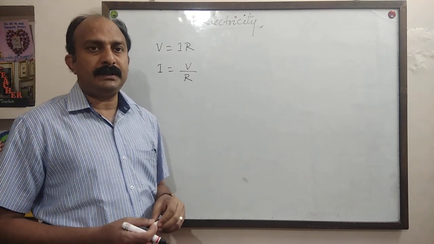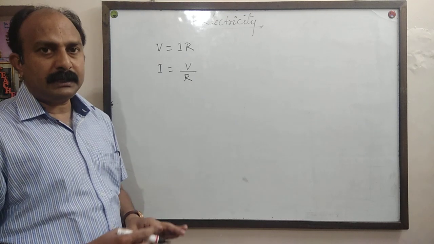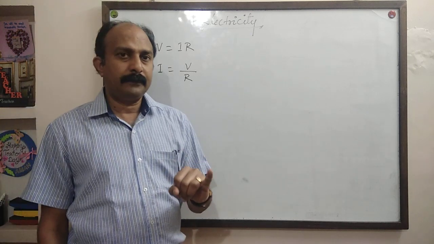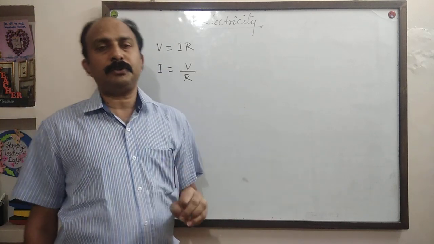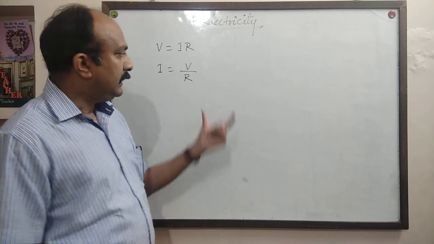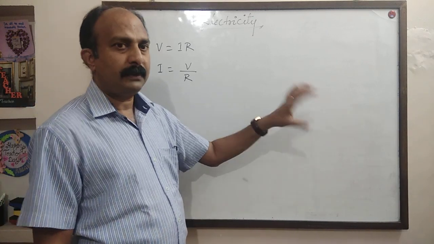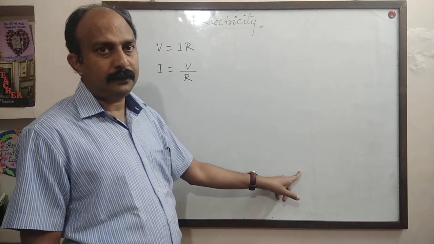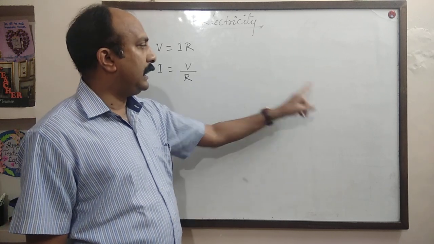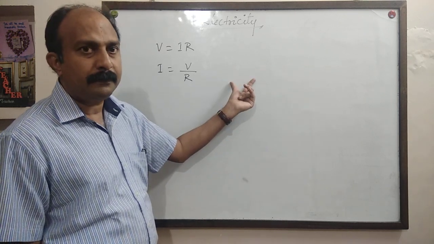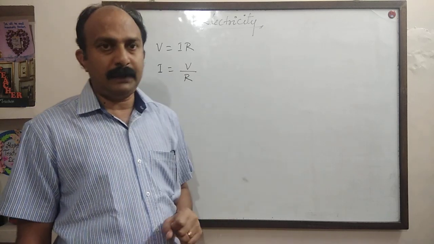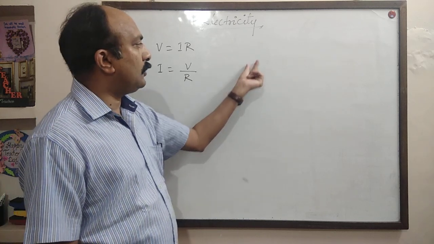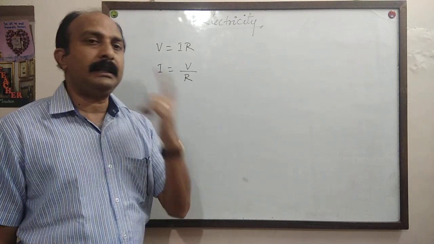An activity is given in your NCERT book. In an electric circuit, you are given three materials: a nichrome wire, a 10-watt bulb and a torch bulb. One by one, you connect these three components. First you connect the nichrome wire and see the ammeter reading. You will get some value. Remove the nichrome wire and connect a 10-watt bulb. You will get another reading on the ammeter. Finally, if you remove that 10-watt bulb and connect the torch bulb in that gap, you will get another value.